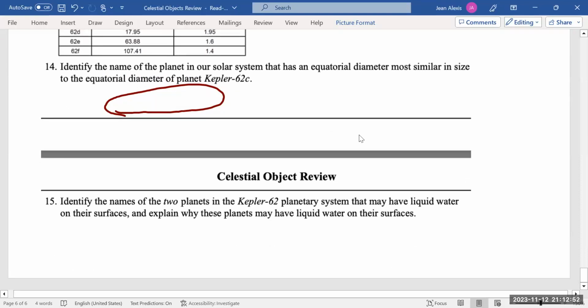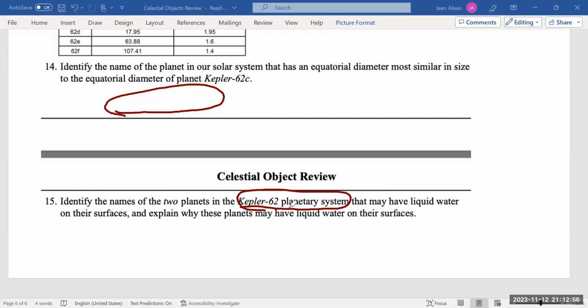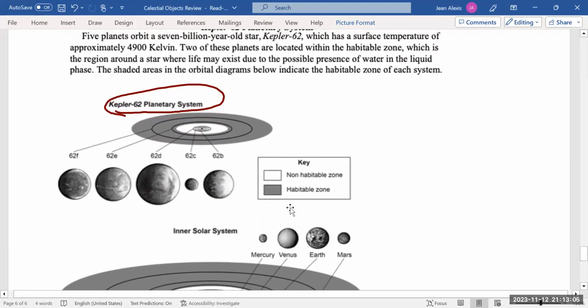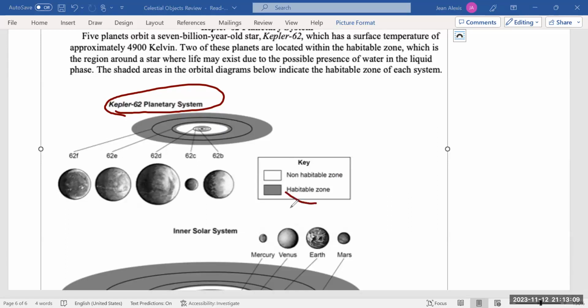It's only asking me about Kepler-62 planetary system, 2 planets in Kepler-62 planetary system. So therefore, I'm looking at 62, and I'm looking for 2 planets that are going to be in the habitable zone only because the reading says right here,